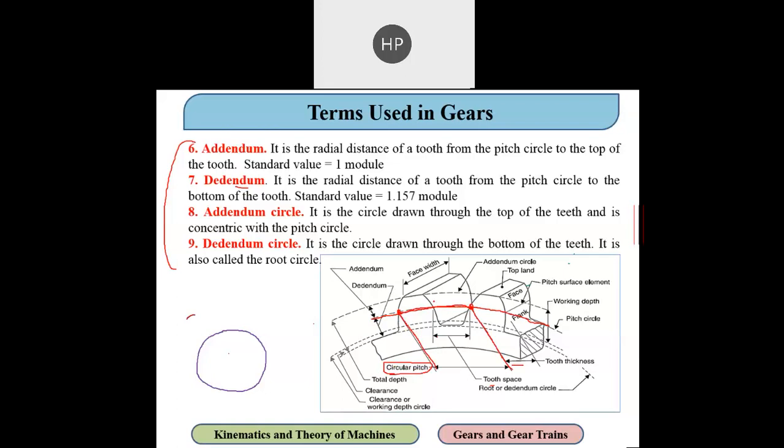Okay, and if I take one point over here and measure this distance, then it is known as a tooth space. And if I take one point and one point over here and measure this one, it is the tooth thickness. So tooth thickness, tooth space, and circular pitch, you have to be clear in your mind. They are totally different. If you take one point on tooth 1 and the corresponding point on tooth 2 and measure the distance, that is known as a circular pitch.